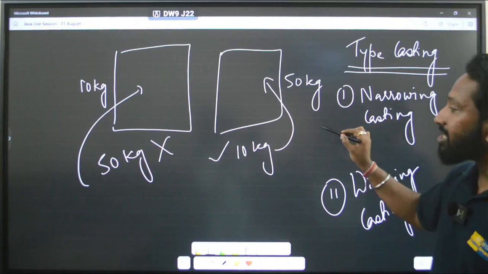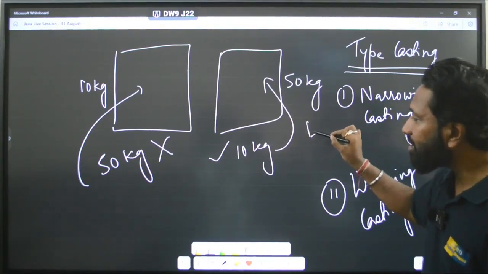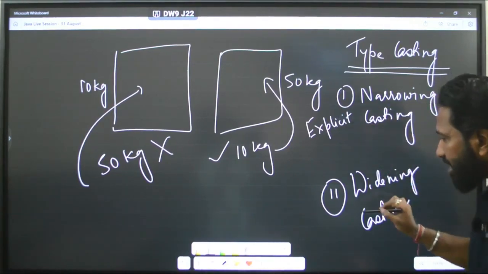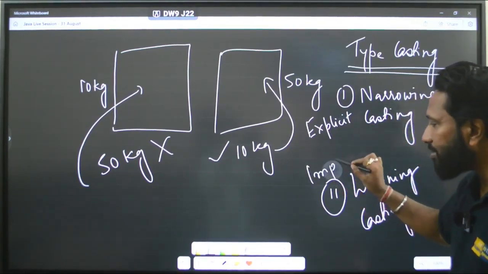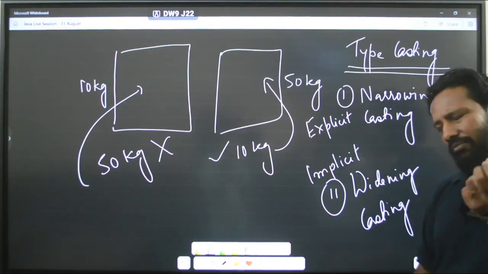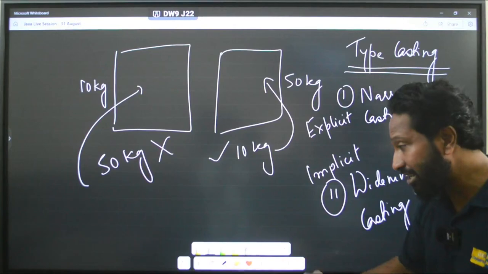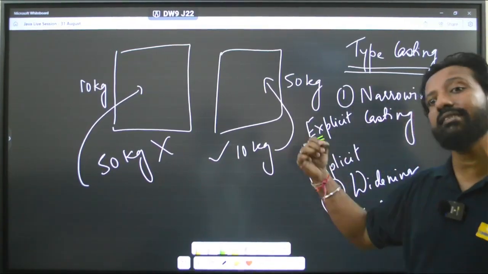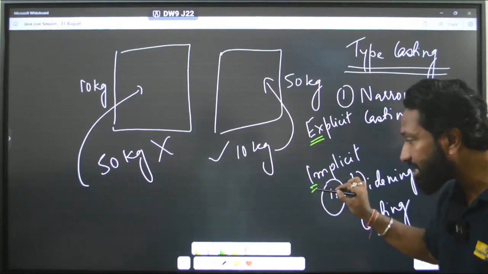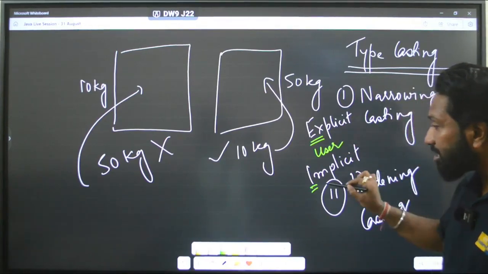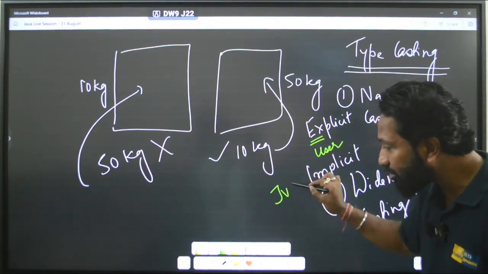So narrowing casting is called explicit, widening casting is called implicit. Very easily remember this, I am telling you. When you have x, it is externally. When you have i, it is internally. So externally who will do it? The user. Internally who will do it? The JVM will do it.